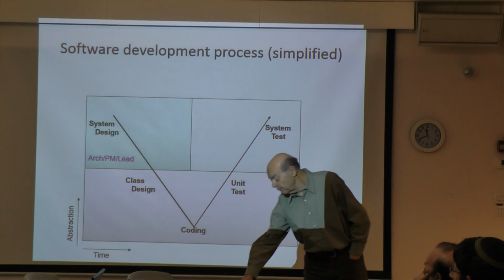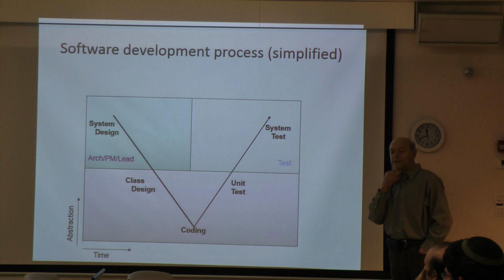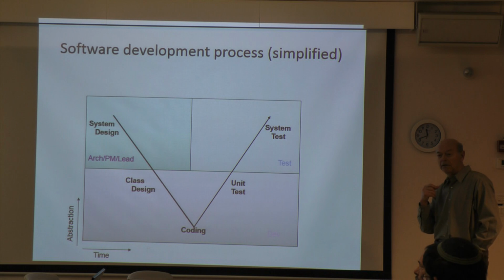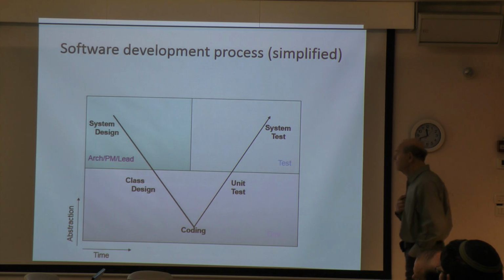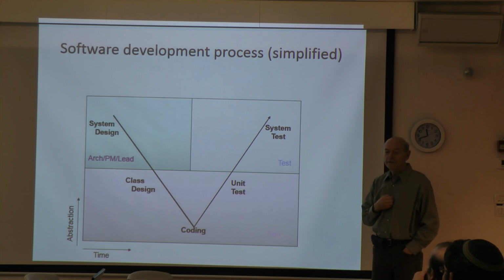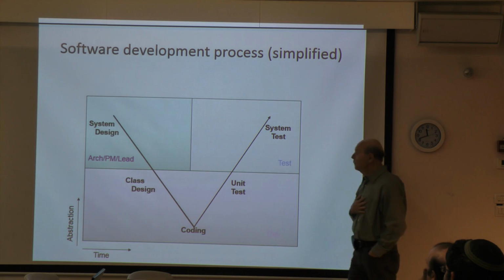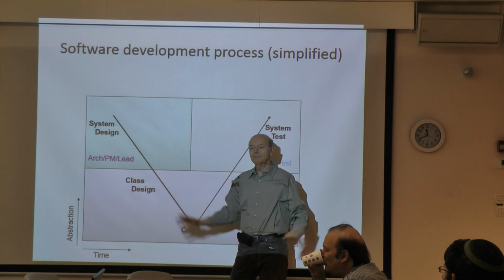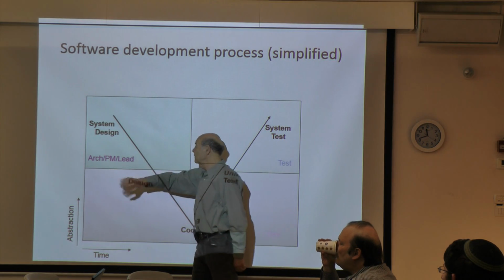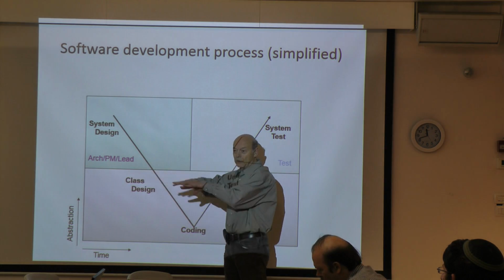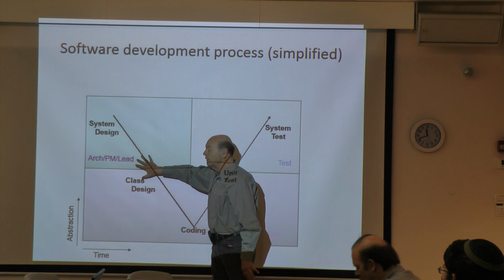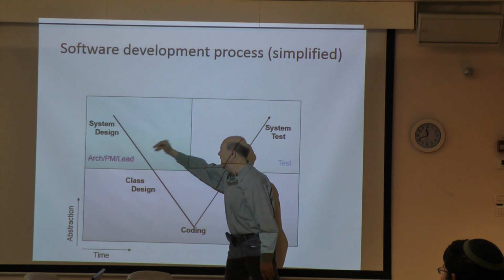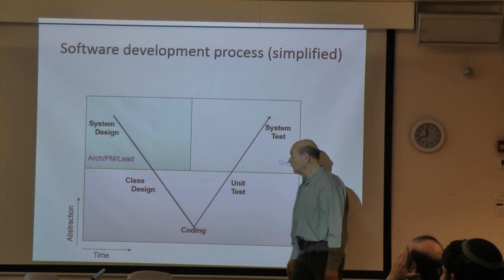So let me say that this problem of what is an algorithm is very practical. Here is the so-called V diagram that you find in some software engineering books. The point is this: you design some software product. You start with a system design, then you refine, you consider lower level. Again, eventually come to code. There are many intermediate stations here.